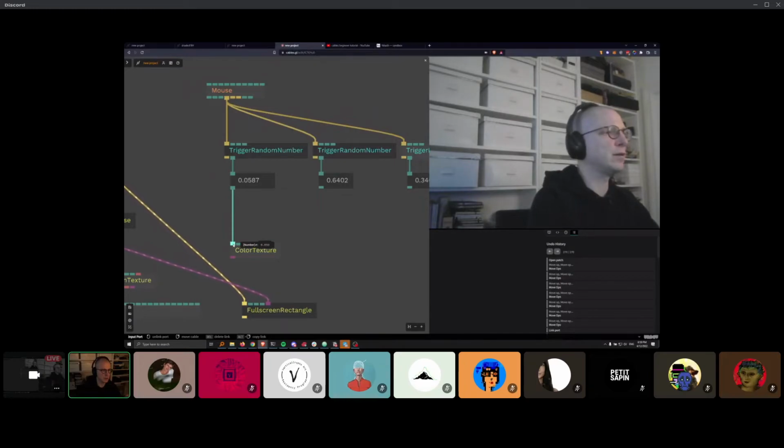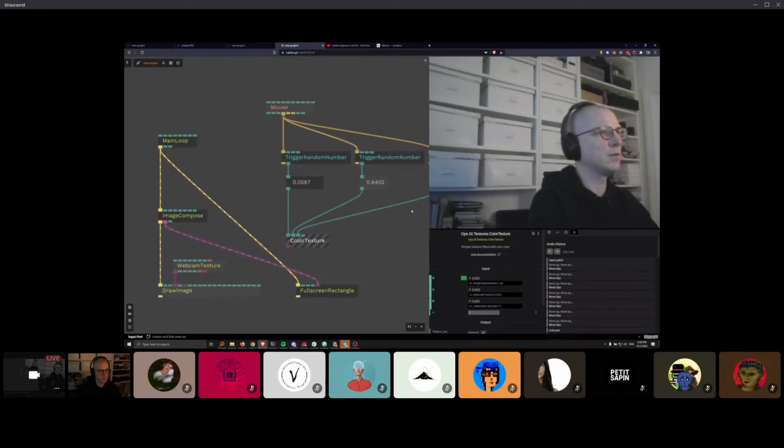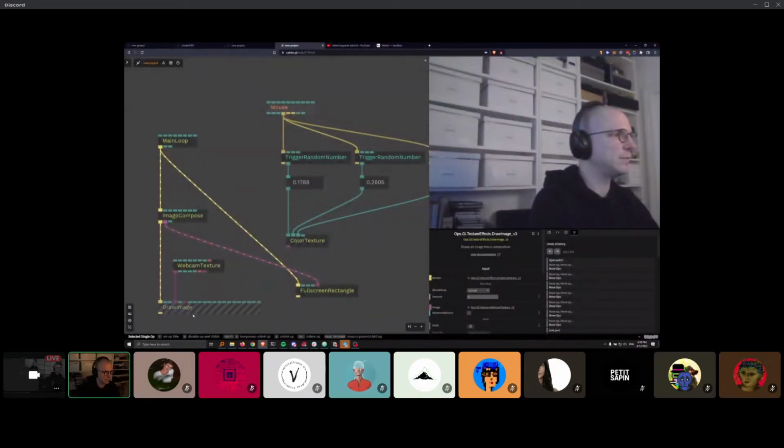The inputs here are basically the RGB that you see here. So you have red, green, and blue, and that's how you change the color of the color texture by mouse click. Well, obviously you don't see anything right now because it's not connected to anything. But if you